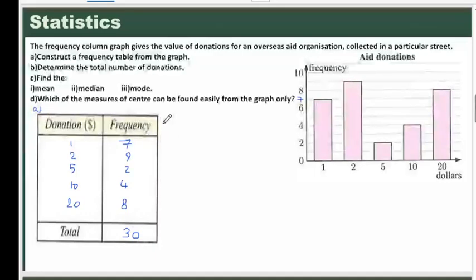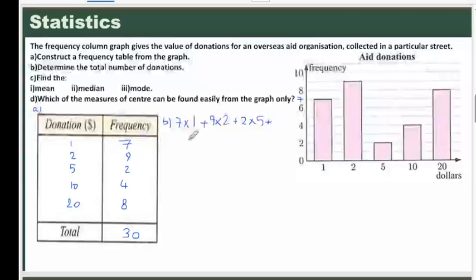The total number of donation would be 7 times $1, 7 of $1, and 9 times $2, so 9 times we gather $2, plus 2 times we get $5, so 2 times 5,